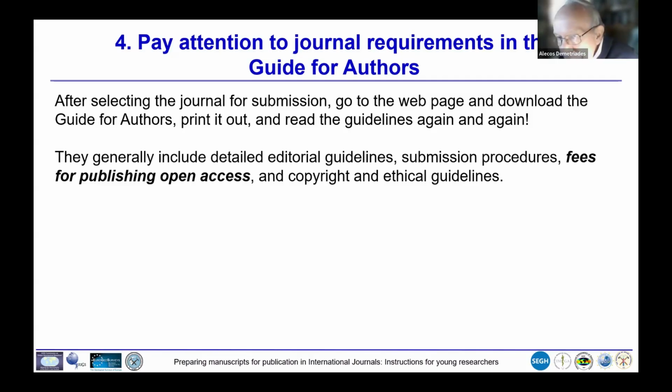This means that if you want your article to be freely downloaded, the journal loses money, so you have to pay the fees for being open access, and also copyright and ethical